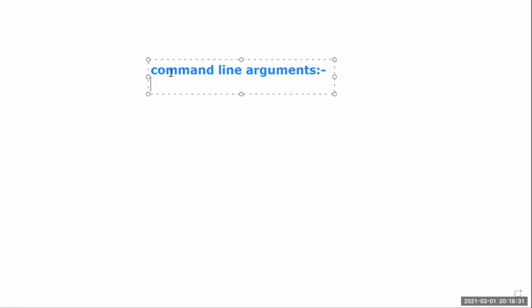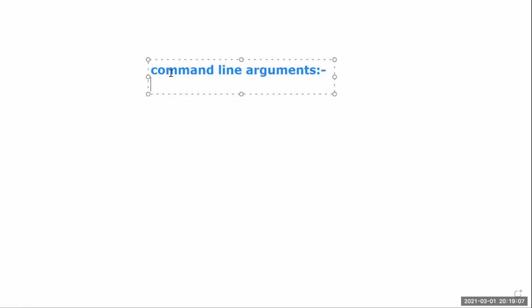Which one has the best performance? With respect to performance, command line arguments are good, because by using the command prompt, that is a terminal, we are passing the input values from the terminal, which improves the speed. It makes your code execute faster. With respect to performance, command line arguments are better than the input function.